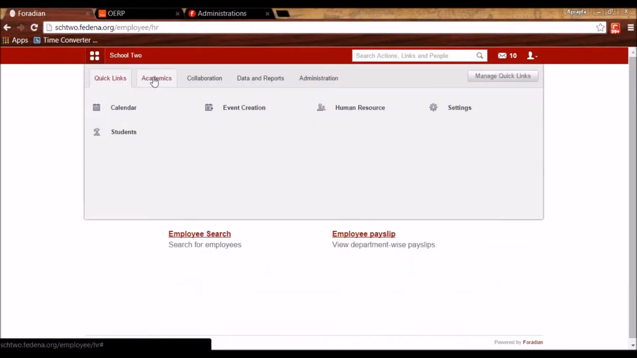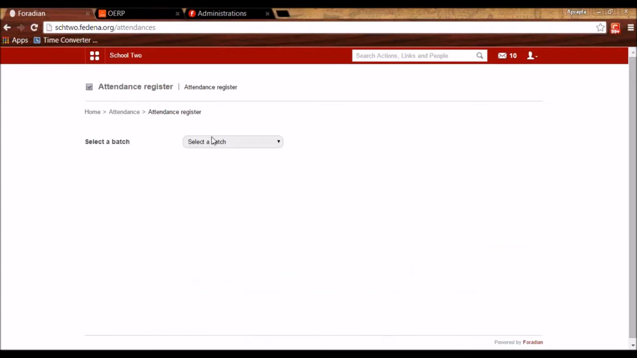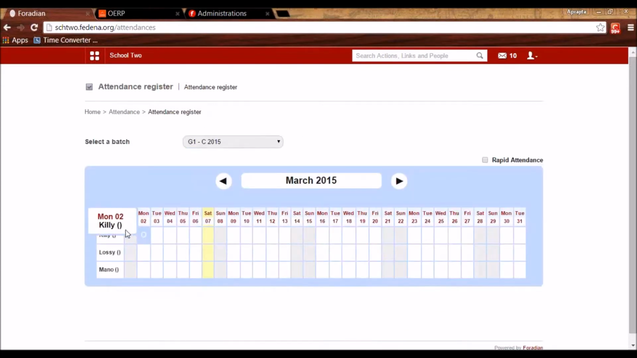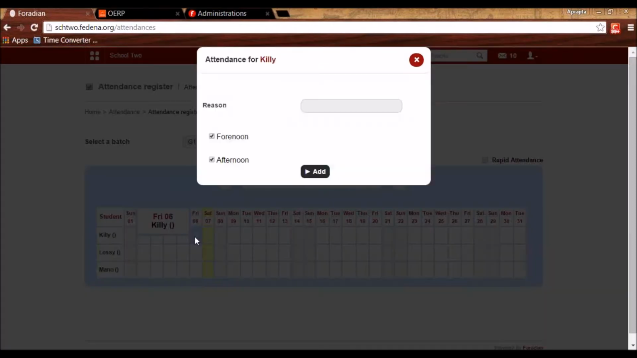So the next module, here we will go to attendance under academics, and we have attendance register. And here we will be selecting the batch like this, and all the students of the batch will appear. Now, as you can see, the blank cells denote the student is present. If you want to mark a student absent, we'll be clicking like this, and we can mention the reason and